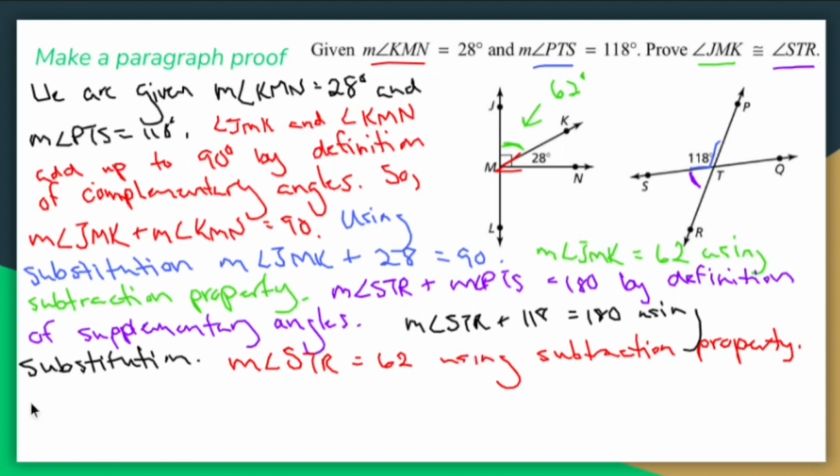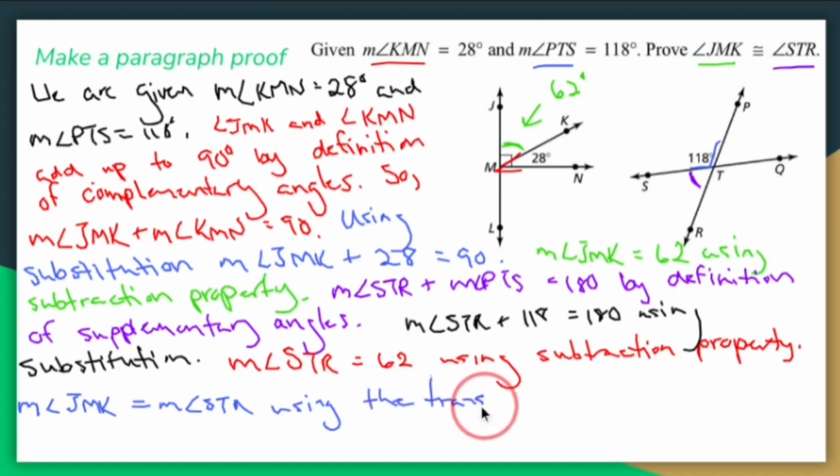But first, I have to say the measure of JMK is the same as the measure of angle STR using the transitive property. Transitive property says if A is C and B is C, then A is B. So that's what transitive property is. So using the transitive property,